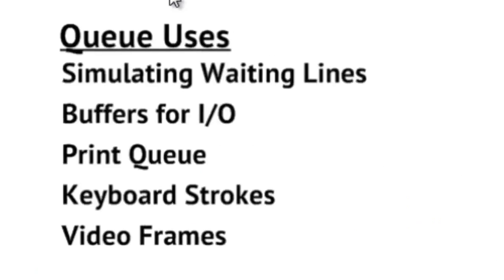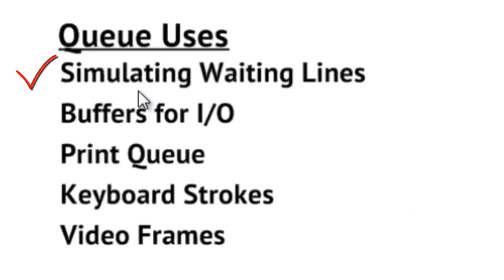So in terms of uses for the queue, certainly as we've seen here, we can simulate waiting lines. Typically you'll also find a lot of queue data structures within computer systems for buffering input and output type operations. So you can think about maybe a print queue. So if you have a network printer where you have multiple computers tied into that particular network printer, you may have lots of job submissions and they want to print those jobs out in maybe a first come first served basis or a first in first out basis. So those jobs would be queued up inside a memory buffer within that particular printer.